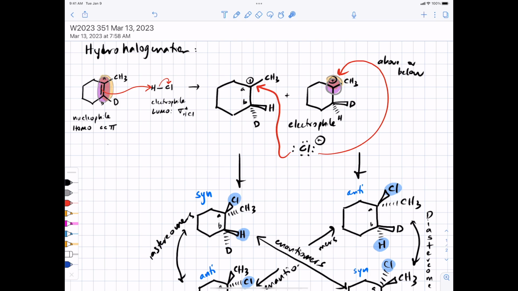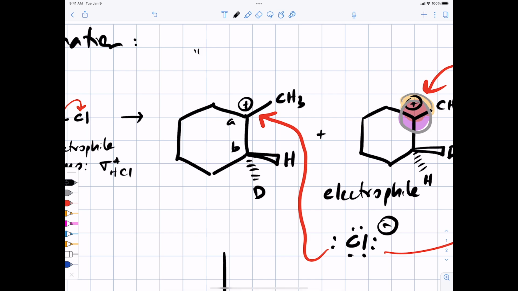Proton can be up or down. Second is a regioselectivity observation, which is the proton goes on the less substituted carbon so that the positive charge can be on the more substituted carbon where it's more stable. Your text calls this the